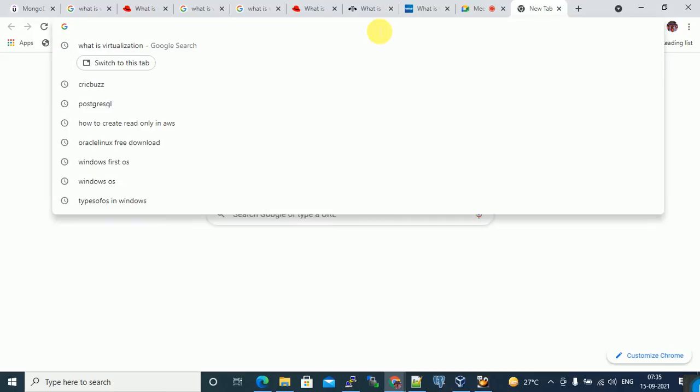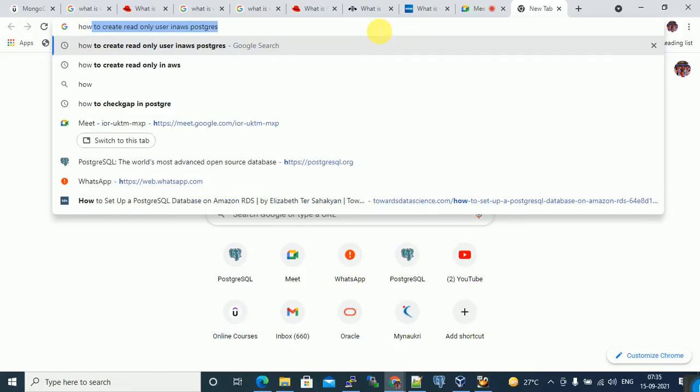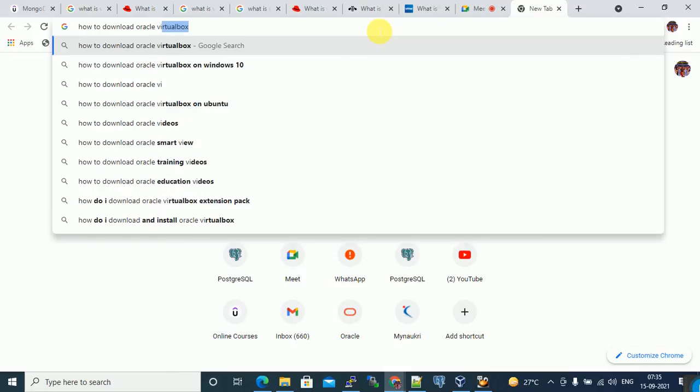How to download anything? Just Google how to download Oracle VirtualBox. For any software you want to download, just Google how to download the software name. You can see it is developed by Oracle. Who is the vendor of this VirtualBox?